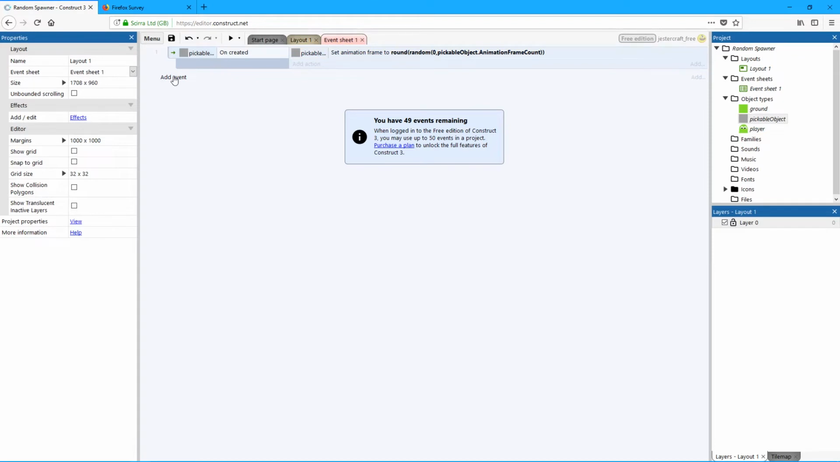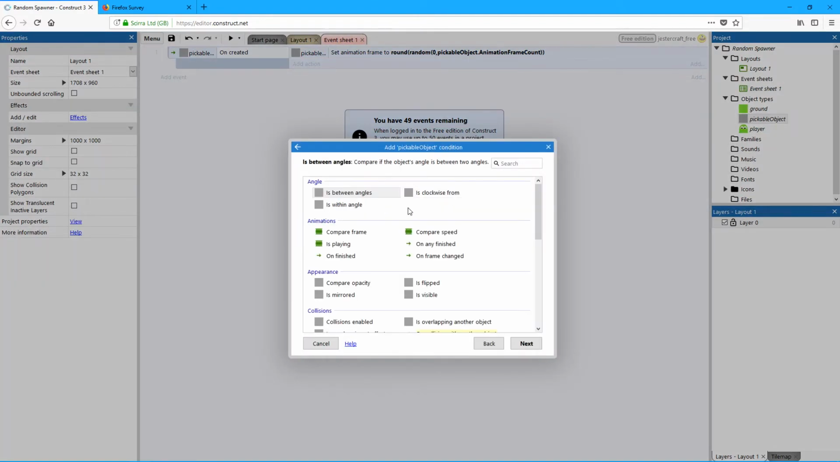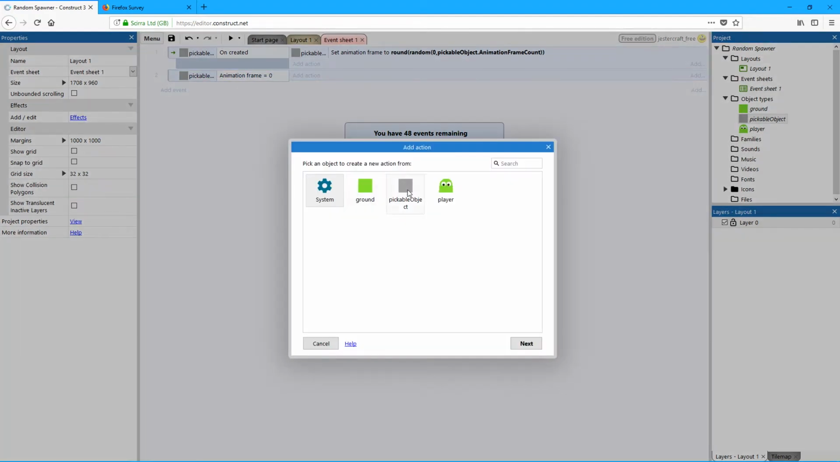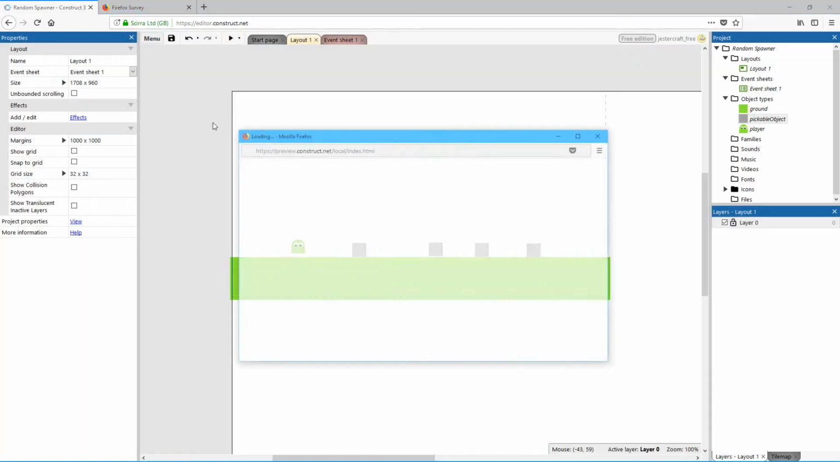And we want to add another event. Choose the pickable object and compare frame. Let's try to search for that. Compare frame equal to 0. What we want to do is actually destroy this object like that. So now when we go to the layout and press play,